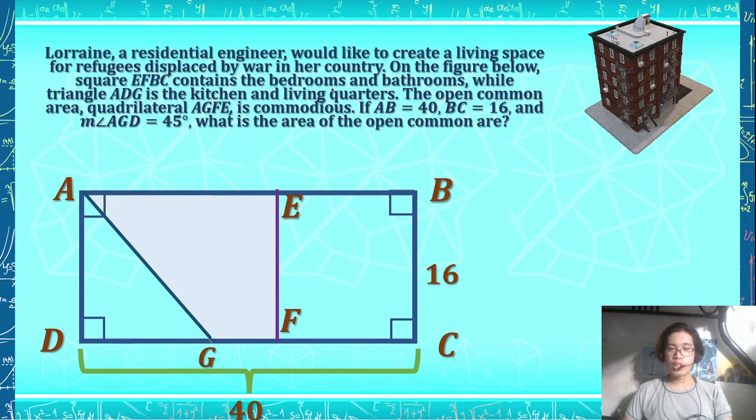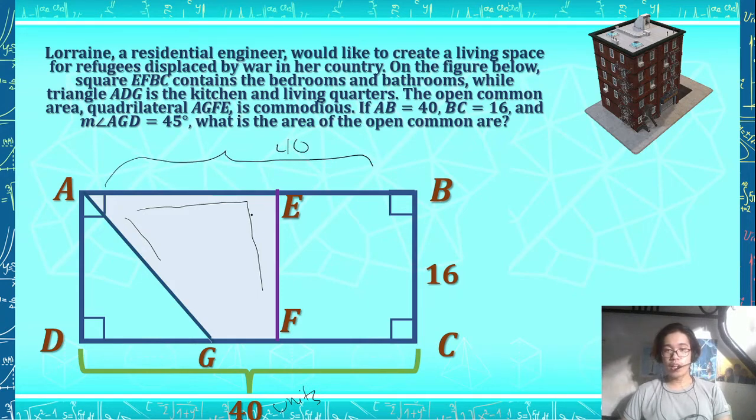Lorraine is a residential engineer who would like to create a living space for refugees displaced by war in her country. On the figure below, square EFBC contains the bedrooms and the bathrooms, while triangle ADG is the kitchen and the living quarters. The open common area, this white area here, is quadrilateral AGFE. If AB is equal to 40 units, and this is a rectangle,